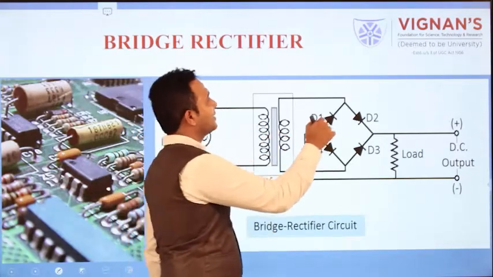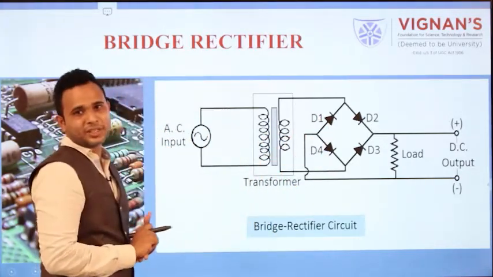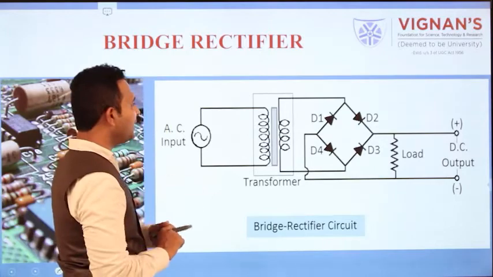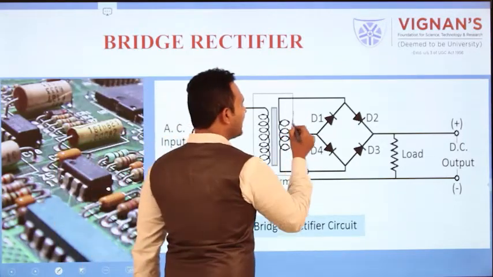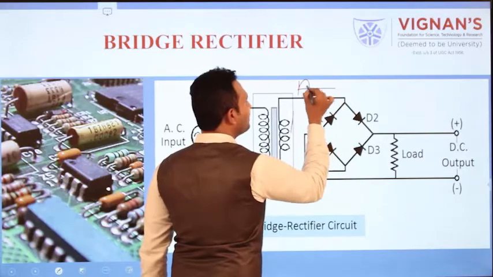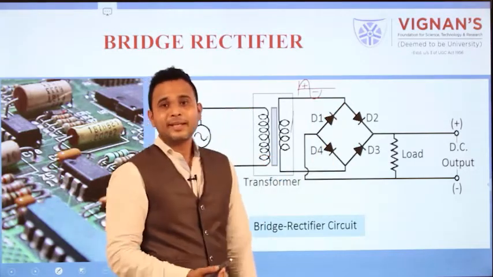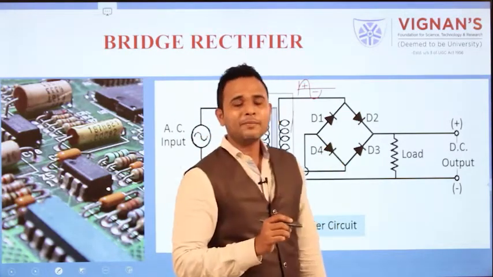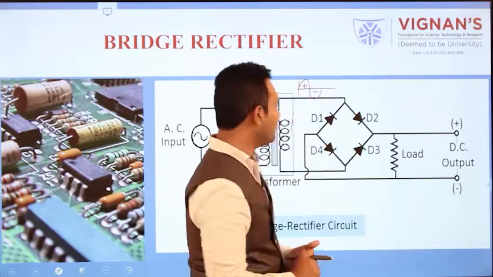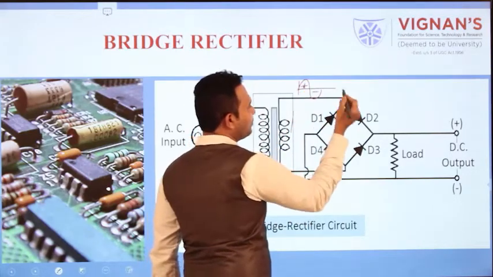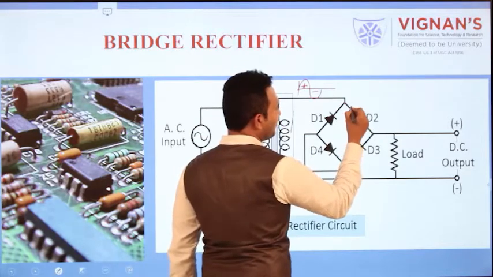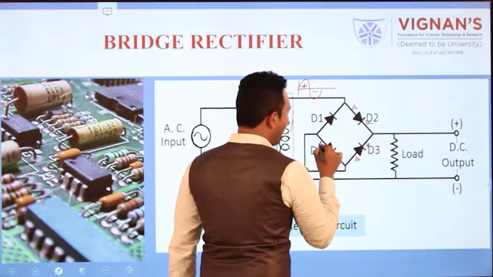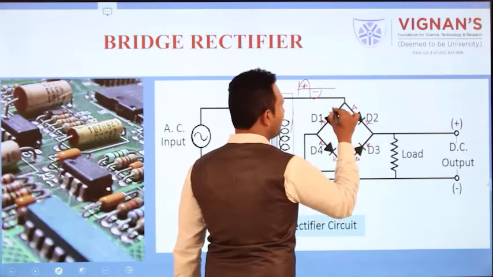Like this, with a bridge connection, that's why this rectifier is named the bridge rectifier. The bridge rectifier is also a full wave rectifier only. So how does it work? At the secondary side we also get a positive peak and a negative peak. But as per the diode connections, at a time two diodes are working. At the time of the positive peak, the diodes are connected with anode and cathode as shown.